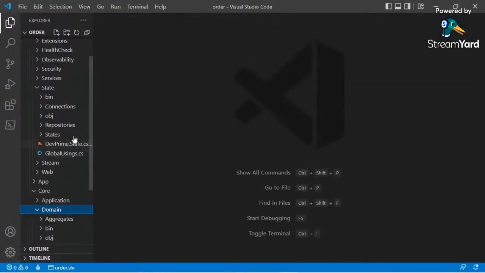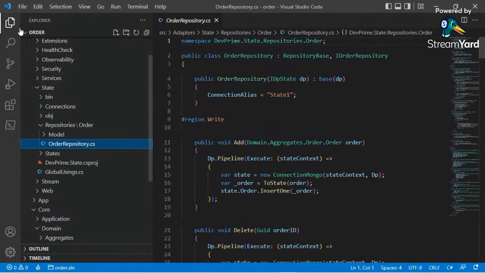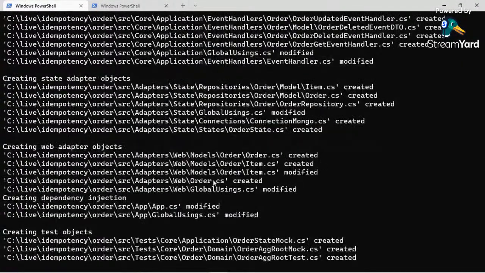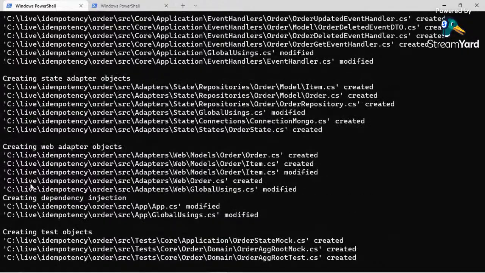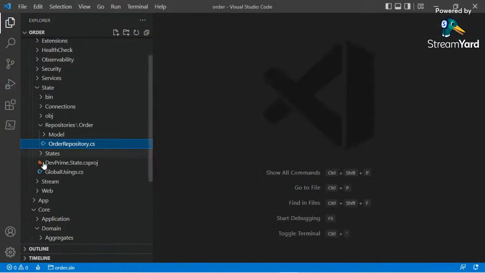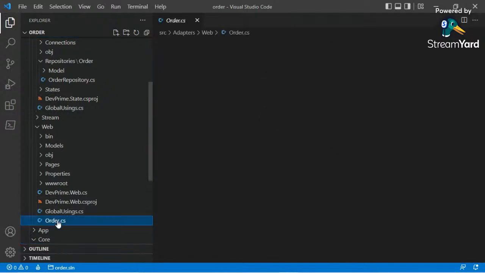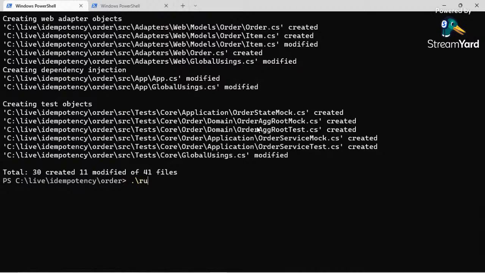These are patterns in the industry that every time we needed to code, and now I don't have to because the Devprime CLI did it for me. In addition, there are some mock tests and also classes in order to expose our API, repository, event handlers, dependency injections, and many other things. So I'm showing some code of the repository here. Also, we expose APIs. So we've got our APIs exposed. In this case, I just have to run my